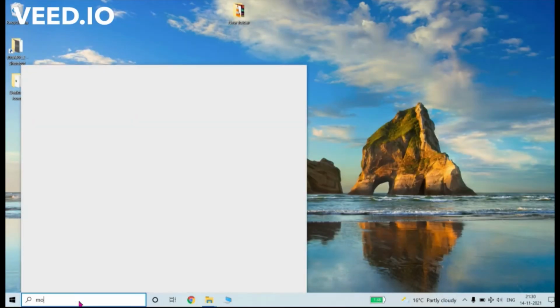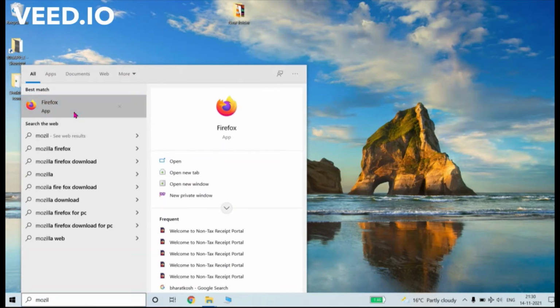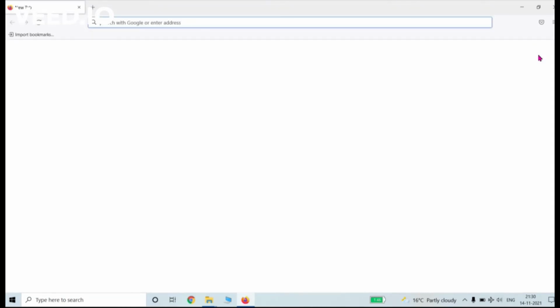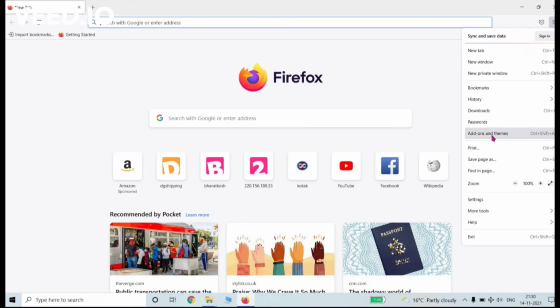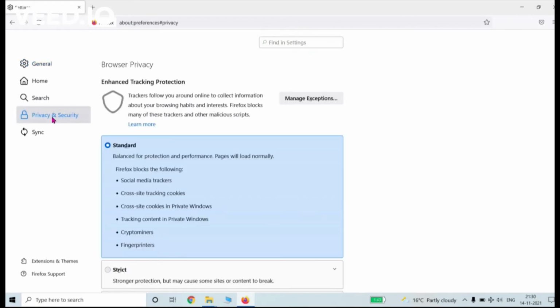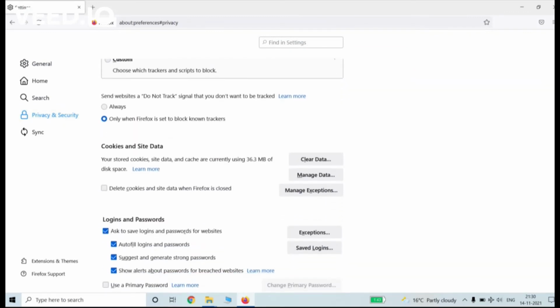Now open Mozilla Firefox, which is recommended for all DG exit exams and other DG work. Now click on the three horizontal strips on the right side in Firefox Mozilla. Go to settings, go to privacy and security, scroll down the page and click on clear data under the section